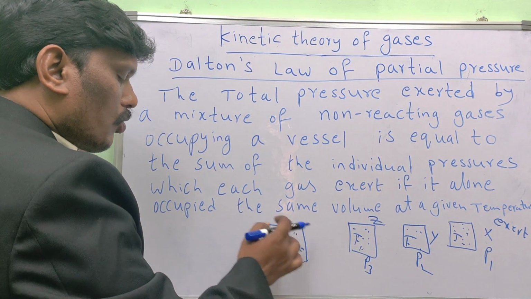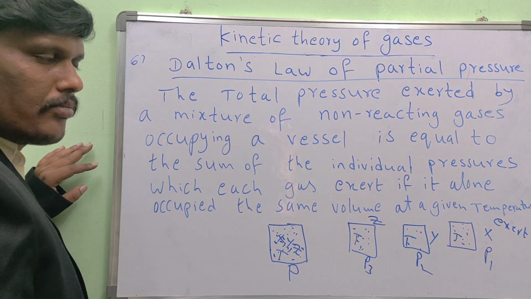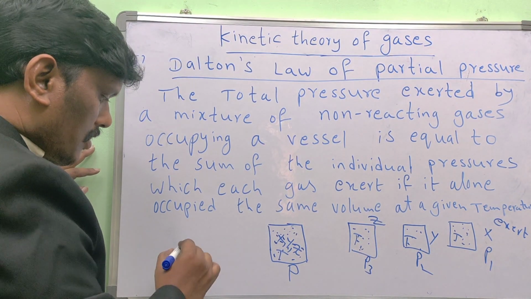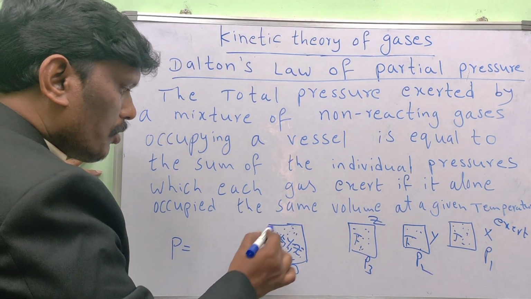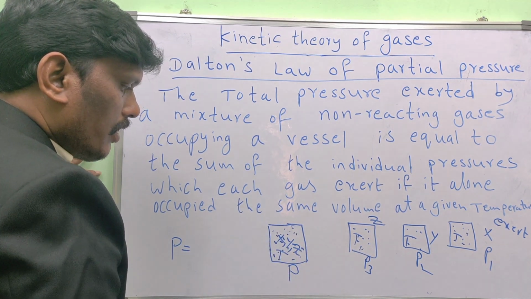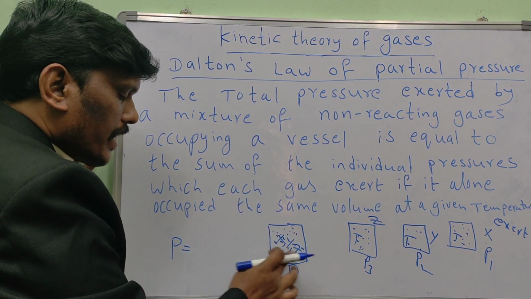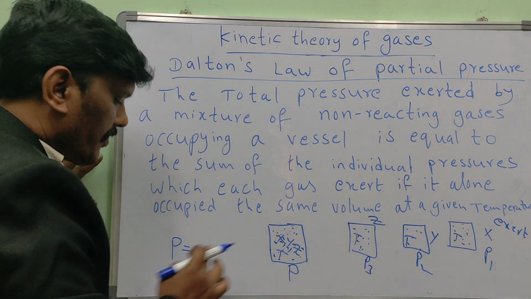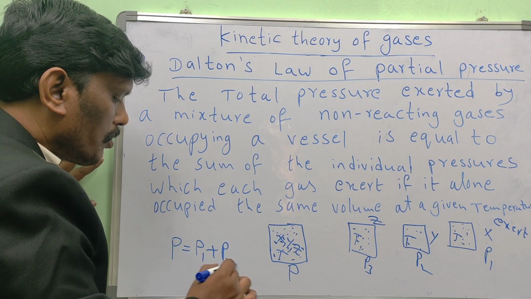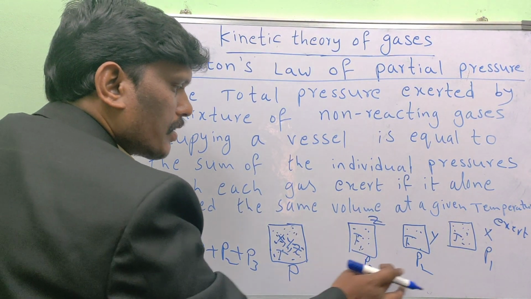At that time, the total pressure exerted by the mixture is P. According to Dalton's law of partial pressure, when I take a mixture of gases in a vessel at the same temperature, the pressure exerted by the mixture of gases P is equal to P1 plus P2 plus P3. That means partial pressure component of